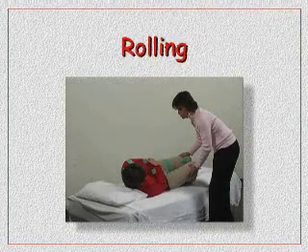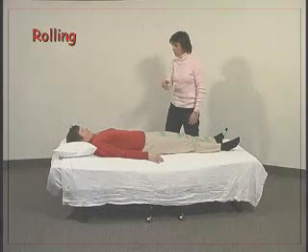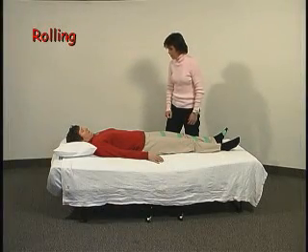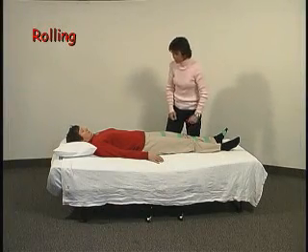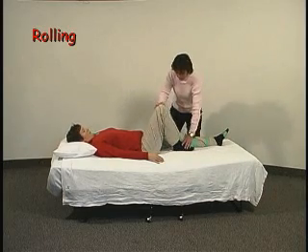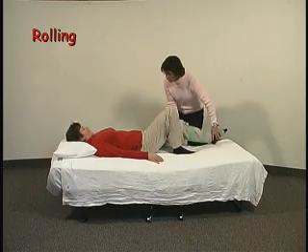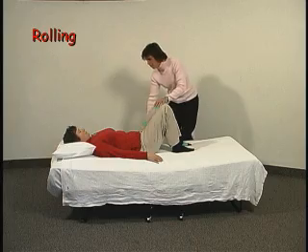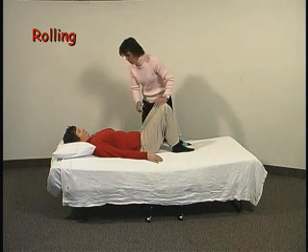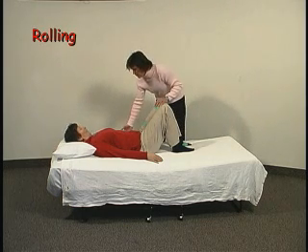Rolling onto the unaffected side. To roll onto the unaffected side, encourage the stroke survivor to bend their knees. If assistance is required, gently grasp the weaker foot or ankle and underneath the knee as you move and position the leg. Once the knee is bent, the stroke survivor may rush the movement and roll before ensuring proper positioning